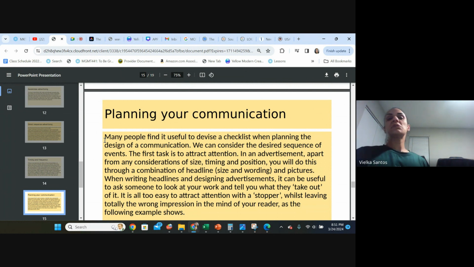The first task is to attract attention. Remember, we say now that we are in the market of attention. In an advertising, apart from any consideration of size, timing, and position, we will do this through a combination of headlines, size, wording, and pictures. When writing headlines or designing advertising, it can be useful to ask someone to look at your work and tell you what they take out of it. It's also too easy to attract attention with a stopper